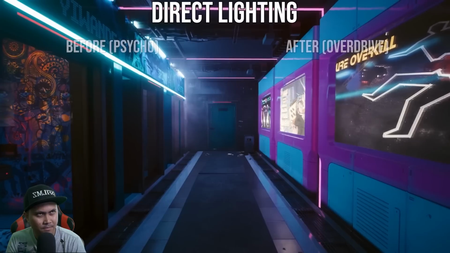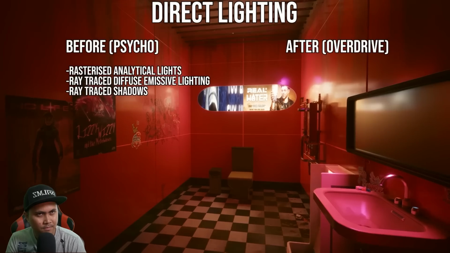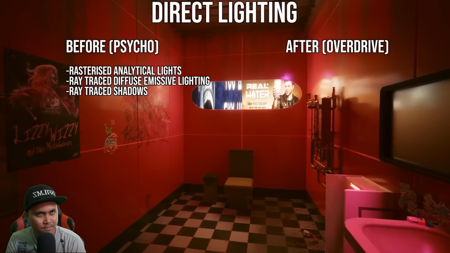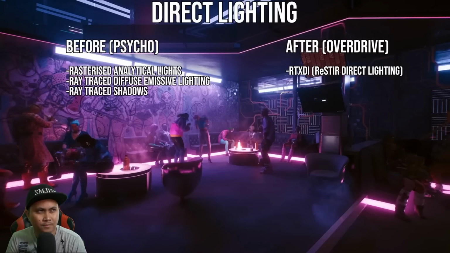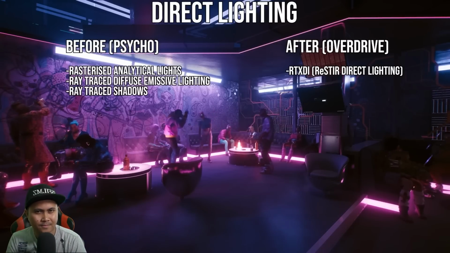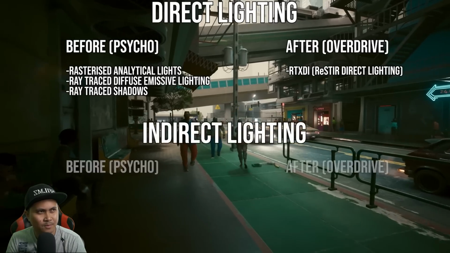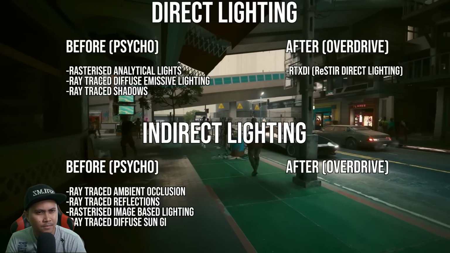So first you have the direct lighting, that is things from artificial lights, neon signs, the sky, and instead of rasterized lights combining with diffused ray traced emissives here, these aspects are now handled through RTXDI, which does both specular and diffuse direct lighting. And instead of ray traced ambient occlusion, ray traced reflections, and those rasterized image-based lighting probes that I talked about earlier for indirect lighting,